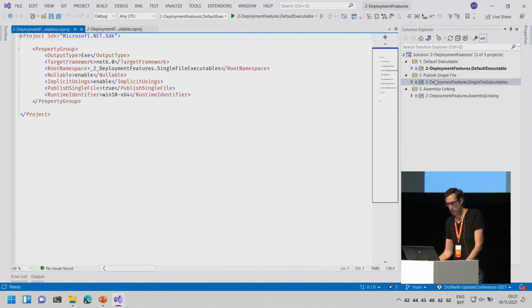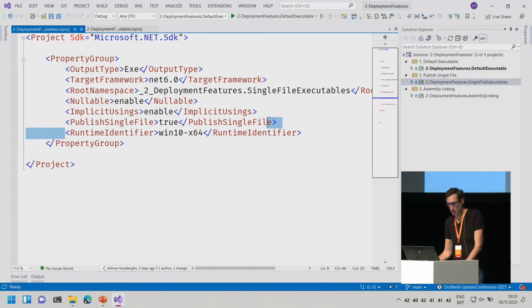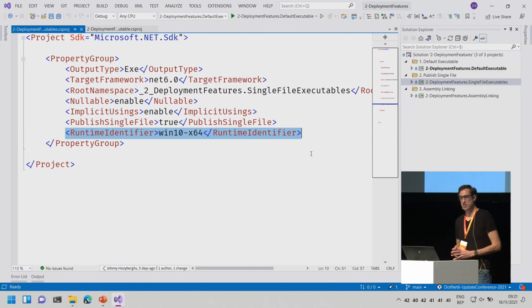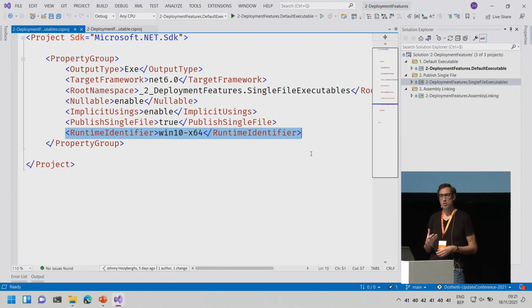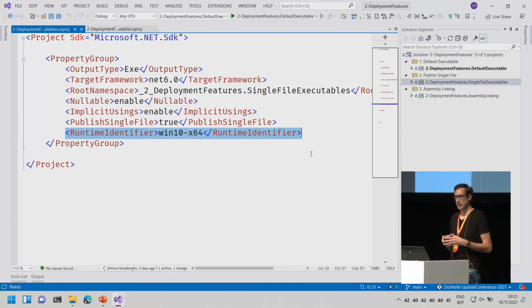Of course, another cool feature in .NET 6 and onwards is that you can specify the runtime identifier, which is what I talked about before. If you know that your application will only be run on Windows, you can immediately specify that your runtime identifier is Windows 10 for 64-bit processor architectures.